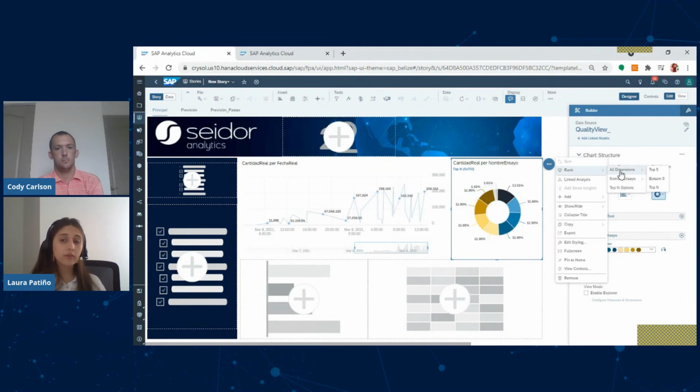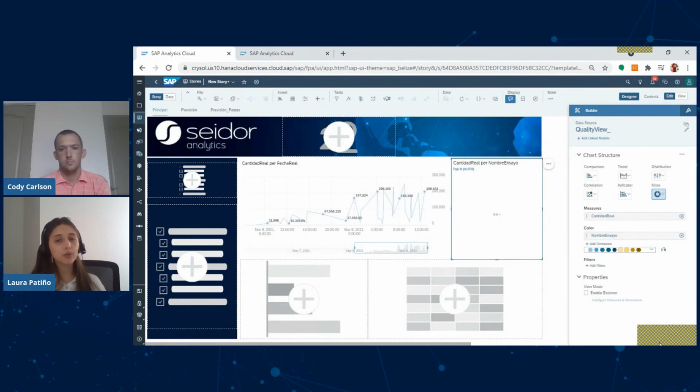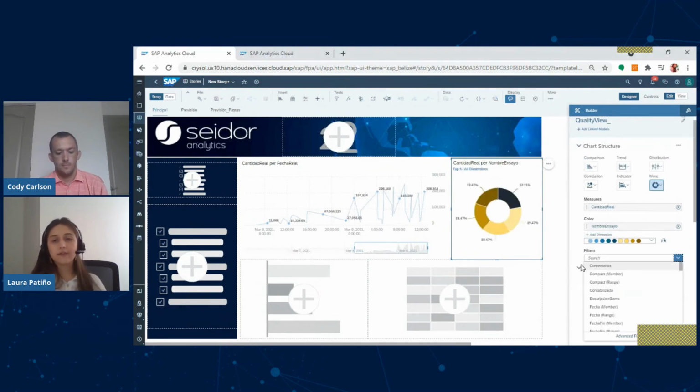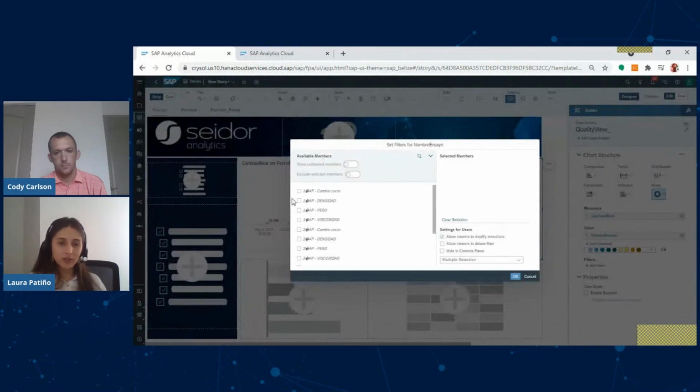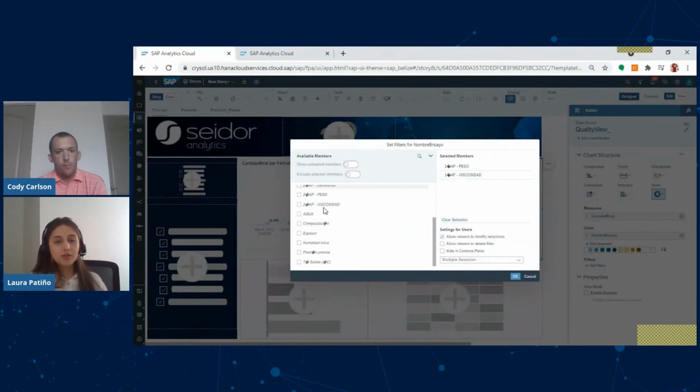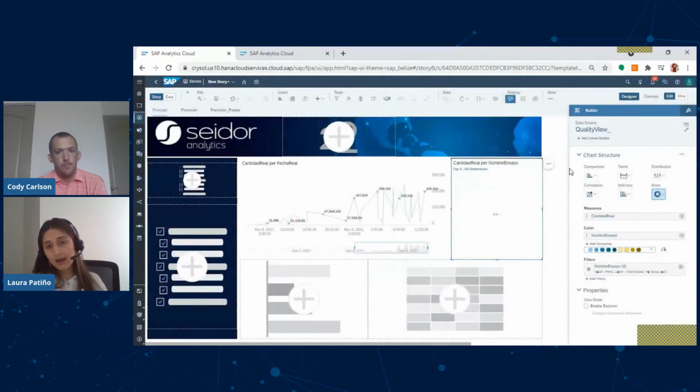So one of the functionalities we can find in this BI tool is that we can start filtering the information, creating a top 5 or top N of the information you want to visualize. In this case, I will just select different test types. So I want to see just the weight, the output temperature, the viscosity, and I can visualize that in that pie chart over there.